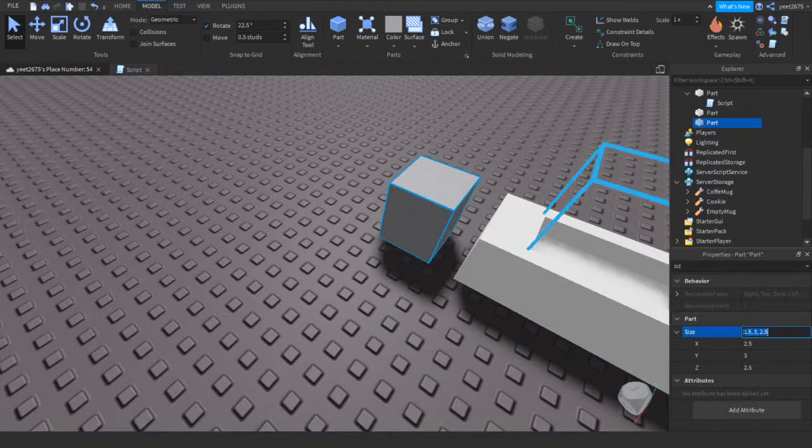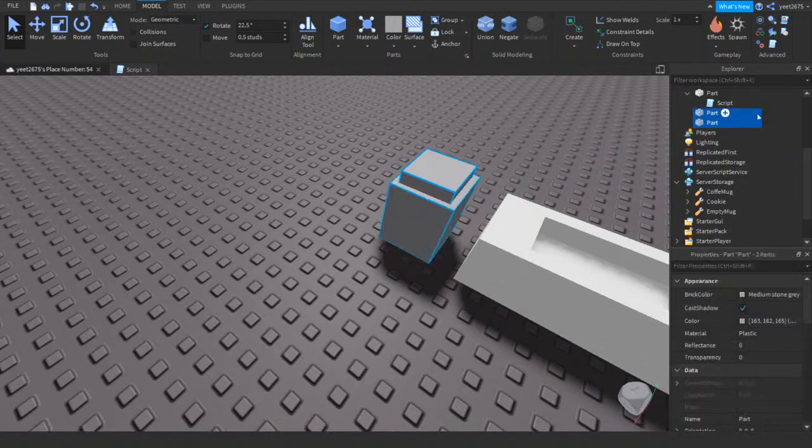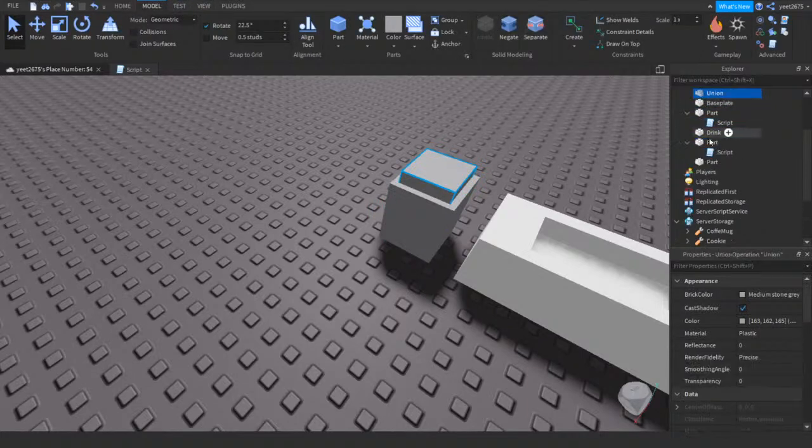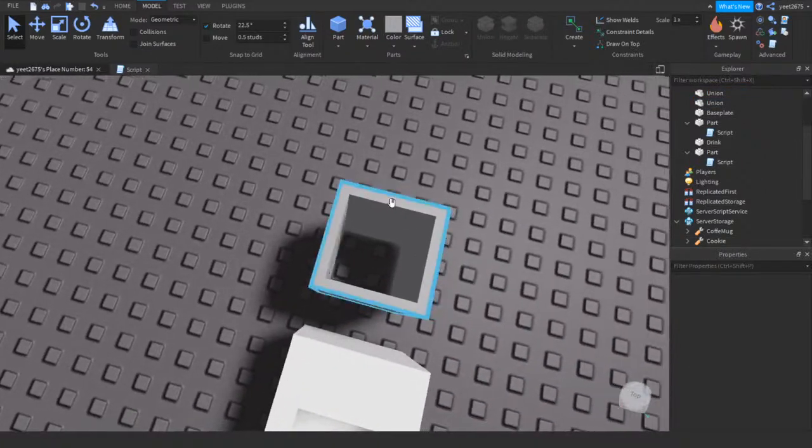Change the size of this to 2. So 2 by 4 by 2. So we're going to do this. For this one here, we're going to make it into a union. Not a union. For this, we're going to union it. And as you can see here,